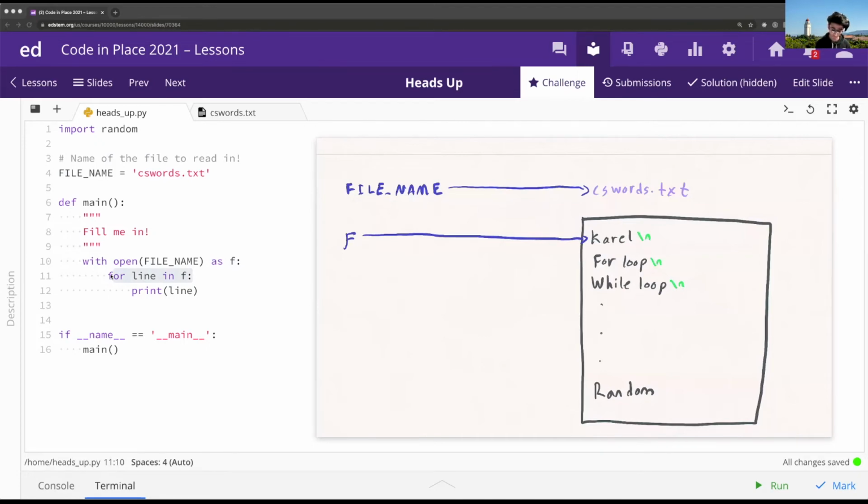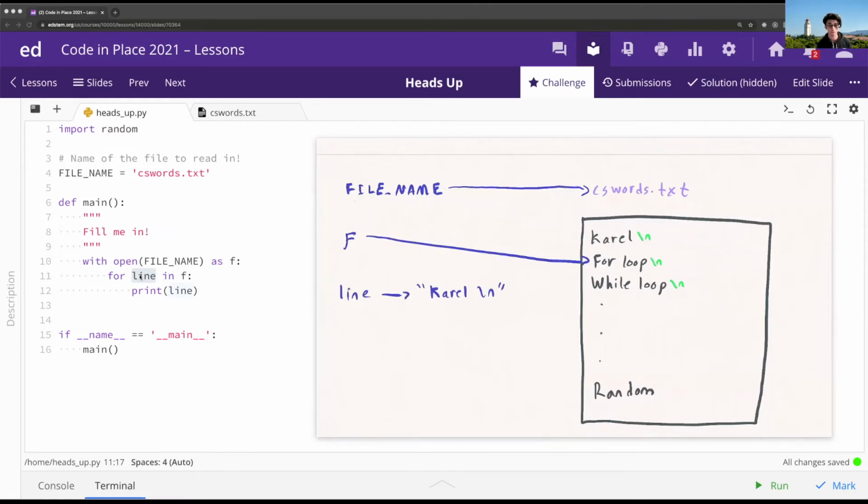So specifically, the first time the for loop happens, what's going to happen is that f will move forward on this line. It's going to see this new line character over here, and it's going to stop. And so at the very end, what would happen is that f would point at the beginning of the new line after the first line, and this line variable over here would equal the very first line in our program. So line would point at the string Carol with a \n. Okay, that's super helpful. Let's try that one more time.